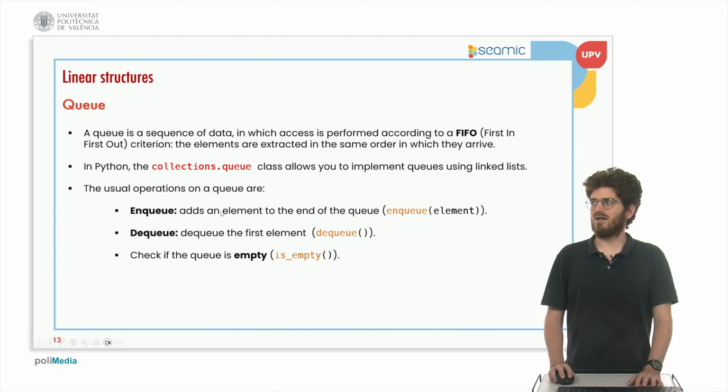If we want to add an element to the queue, we'll call that operation enqueue, and we of course need to pass the appropriate parameter with the element we want to add. And if we want to remove an element from the queue, we use the dequeue method. Of course, we can always check whether the queue is empty, and that will be a very simple check. There are two ways that we can implement the queue, very similar to the stack, but both have a small